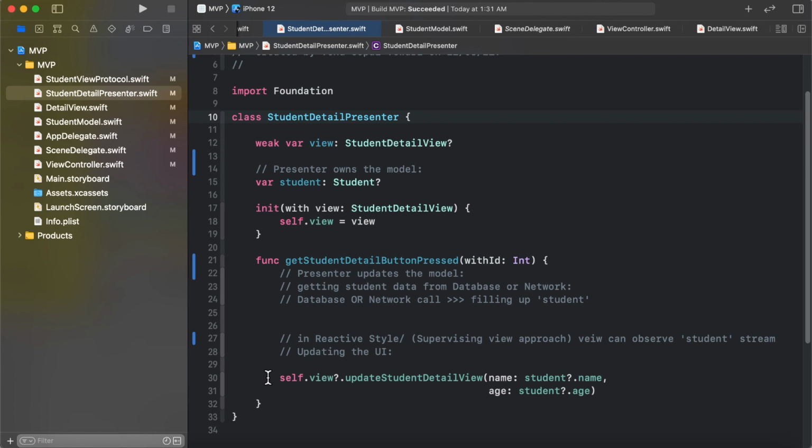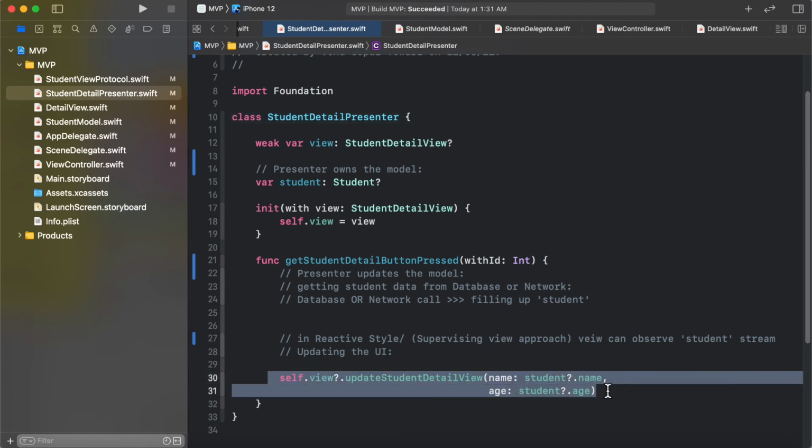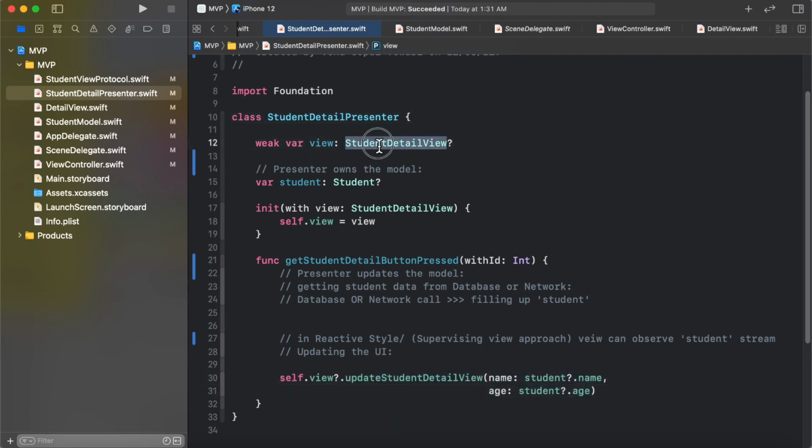In that case, this thing will not be required, because your view is directly observing this property inside the presenter, and whenever it changes in the form of a reactive stream, your student detail view will get the notification, and after that you can update it accordingly. So this is the other approach, known as the supervising controller approach, to implement the MVP architecture.